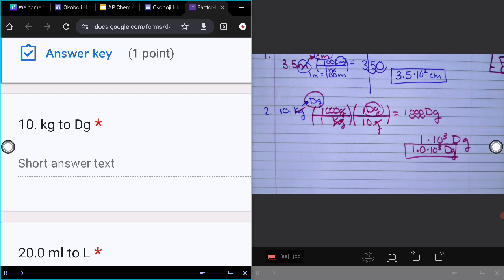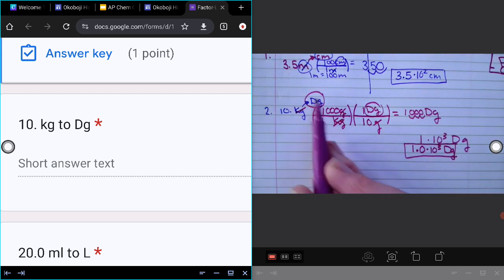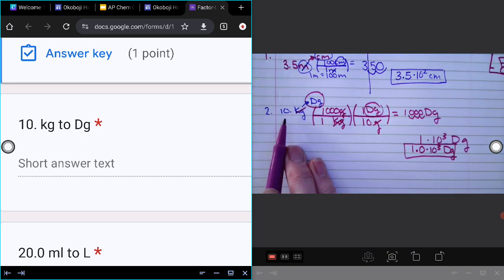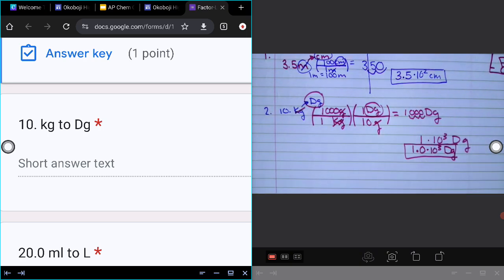Alright, double checks. Is this a true statement? Did everything cross off? Is this what you're left in? Do you have the correct number of sig figs? And did you end up in the unit you were trying to get to? Yes? So the 1,000 grams in a kilogram, that's just kind of feeling like 1,000 grams